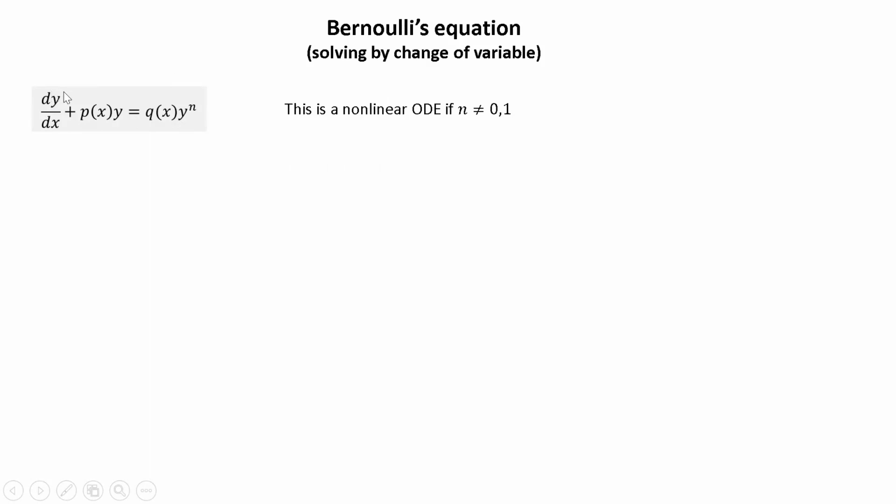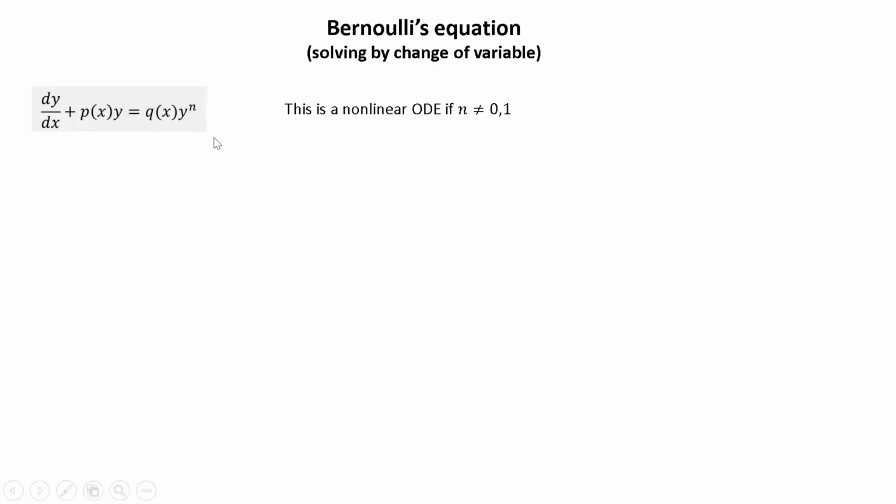First of all, if you don't have this y to the n on the right hand side, you know how to solve it, because then it just becomes a linear ODE, so you just use an integrating factor. And even if we have just y on the right hand side, but not y squared or y cubed, you also know how to solve it, because you can just put the bxy also to the right hand side and then do